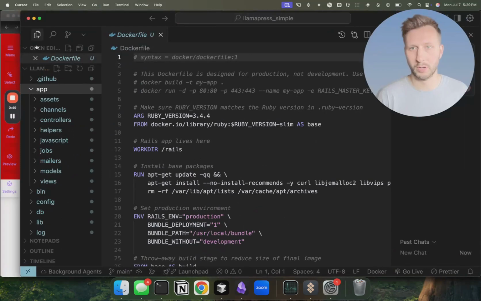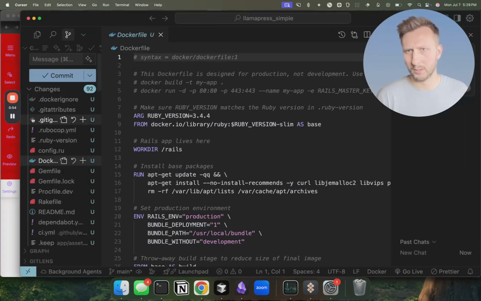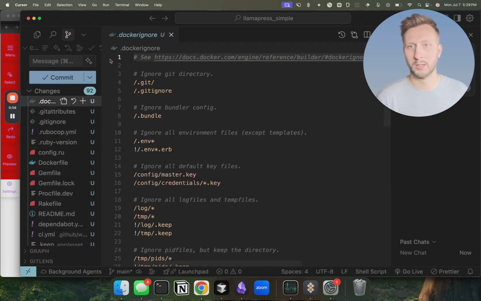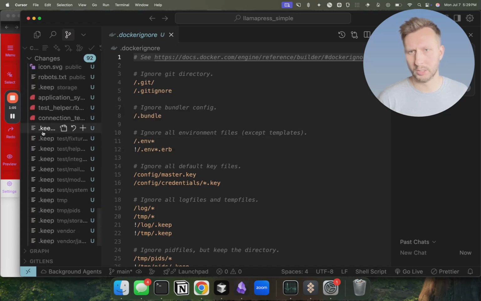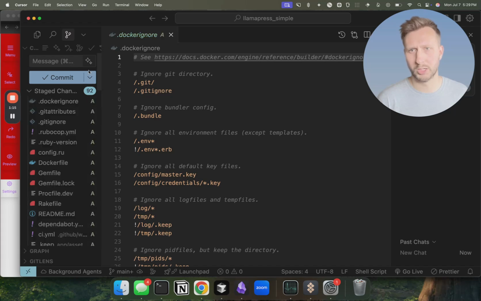So the first thing I want to do is open up Cursor and click on this Branches tab. We have all of these changes, which are basically just the initialization of our application. We're going to click on the top change, scroll to the bottom, and Shift-click, which highlights all of these changes. Then we click on this little plus button, which stages these changes, and we type in a commit message. We're going to say initial commit